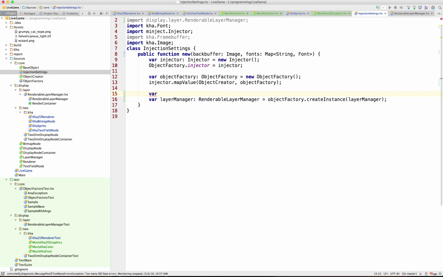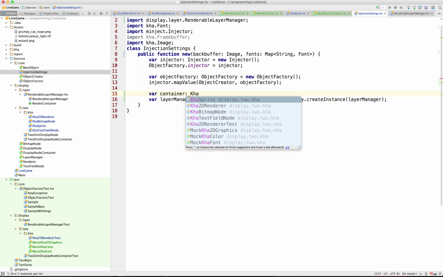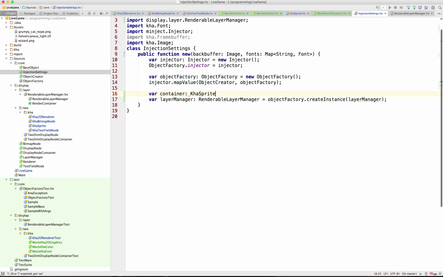Var sprite, get that container. Sprite, object factory, create instance, sprite. And so we're going to pass the container in,